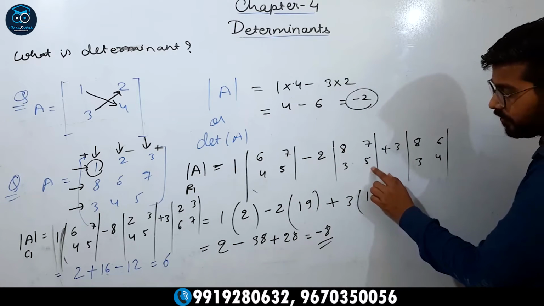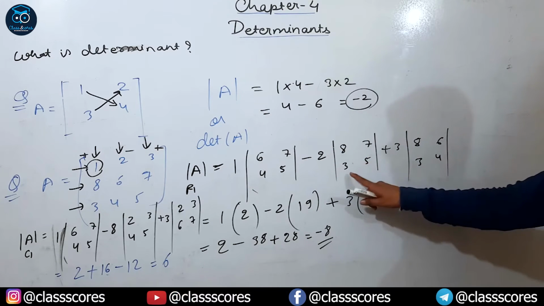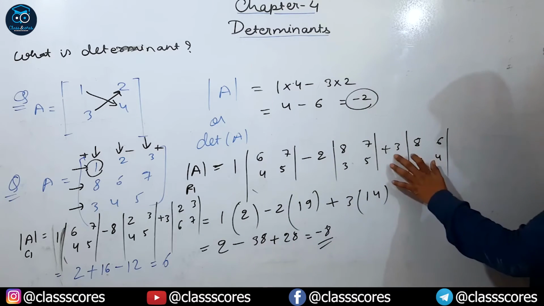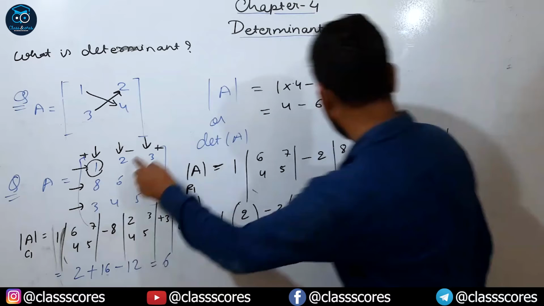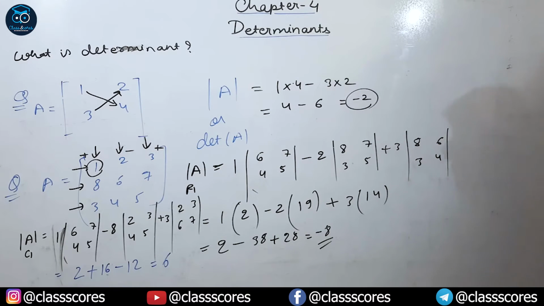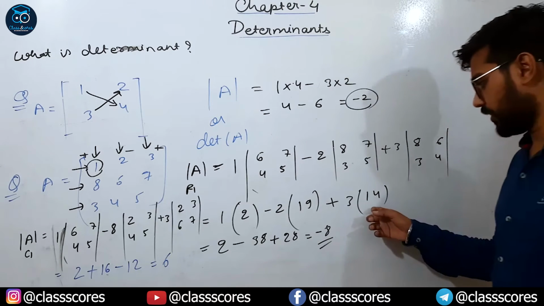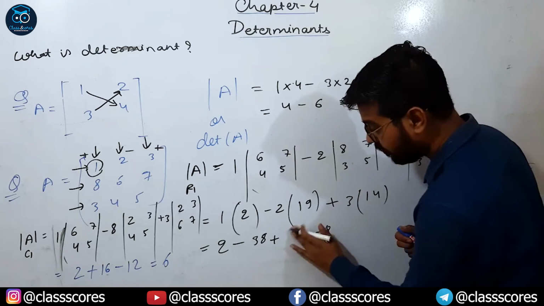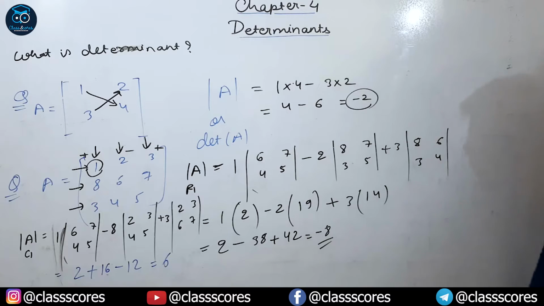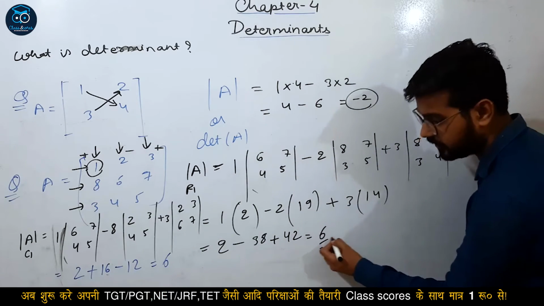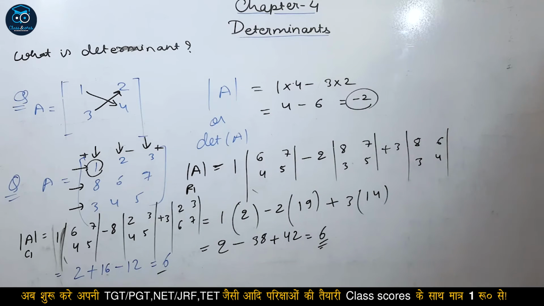8 5s are 40, 40 minus 21, that is 19, 19 into 2, 38, it is clear. Now 8 4s are 32, minus 3 6s is 18, 18 minus 32, that is 14, 14 into 3. Here we did a mistake. 14 2s are 28, 14 3s are 42. Okay, 42 plus 2, 44, 44 minus 38, that is 6. Now we get the same values here and here.